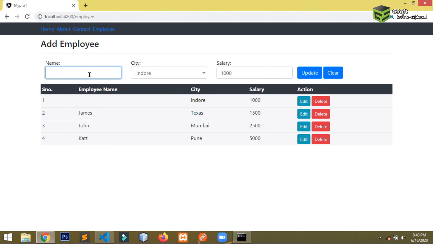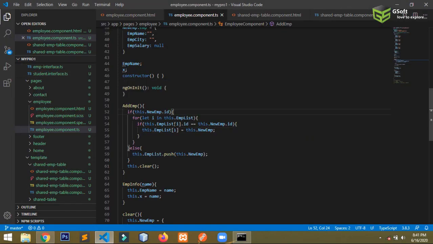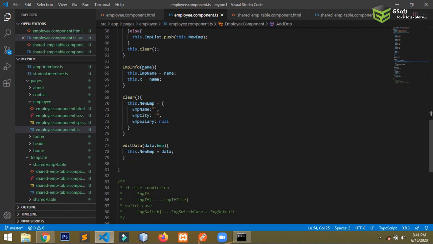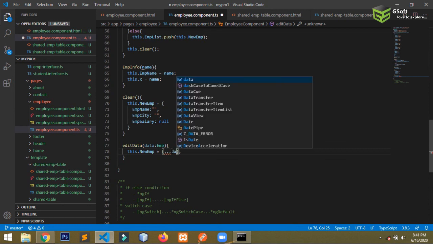So for that, what I will do is I will go to employee component, that is my parent component, and where I am putting the data, I will just write dot dot dot, and I will just write data.